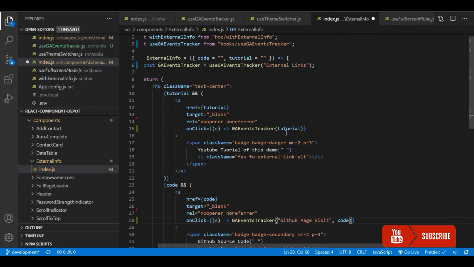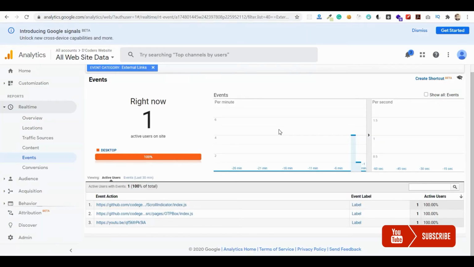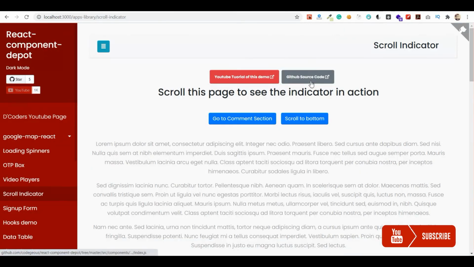This should be GitHub, and the first one is YouTube tutorial. So let's make it YouTube page visit, and now it should track on this action, and I'll see the link in the label. So it is more organized than this.